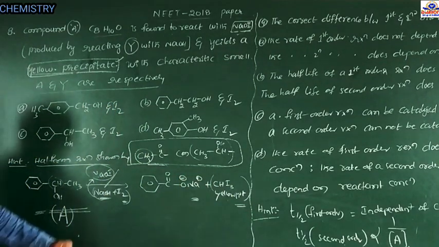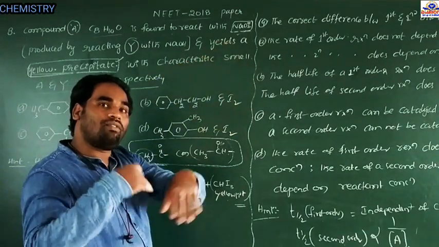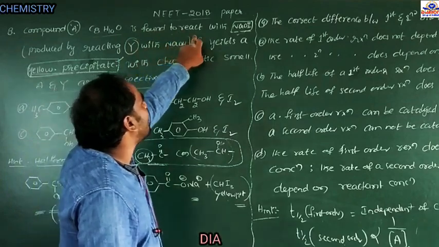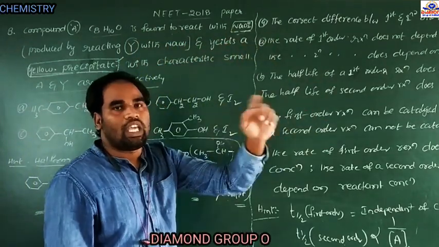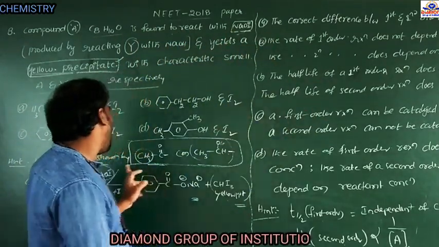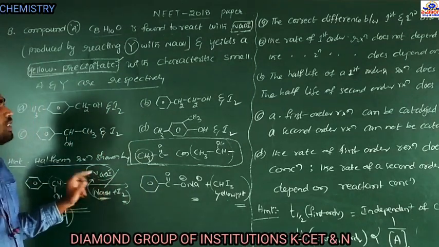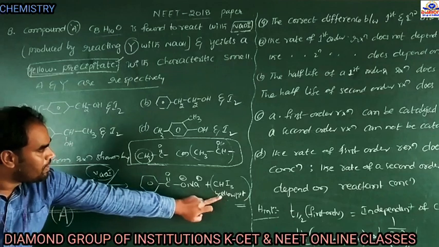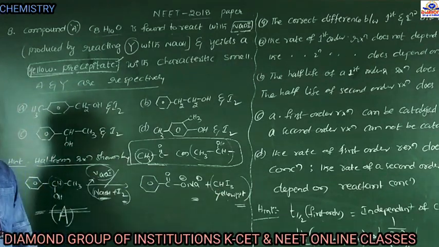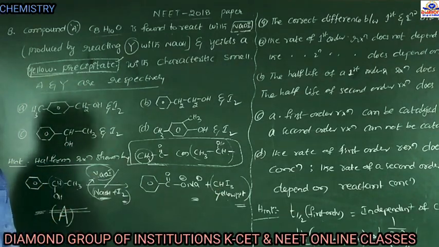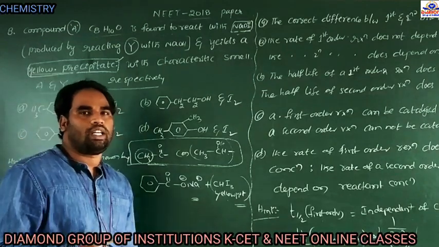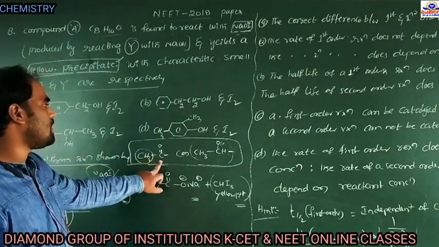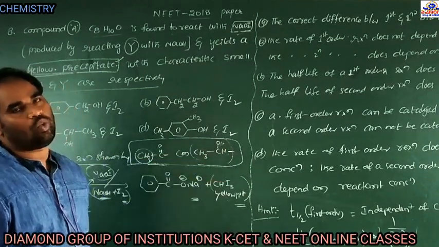In the same reaction, compound A, C8H10O, is found to react with NaOH plus I2. NaOH plus I2 or NaOI, both are the same, and it yields a yellow precipitate. Here the yellow precipitate is iodoform. Therefore, it is a haloform reaction. A very important concept: the haloform reaction is shown only by a methyl ketone CH3C=O or CH3CHOH.